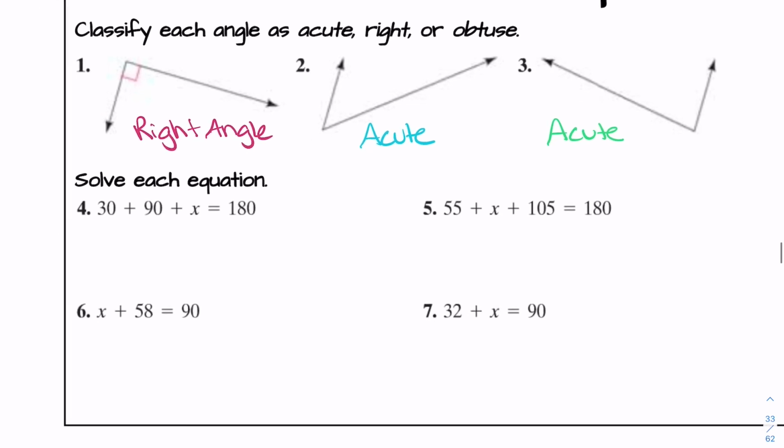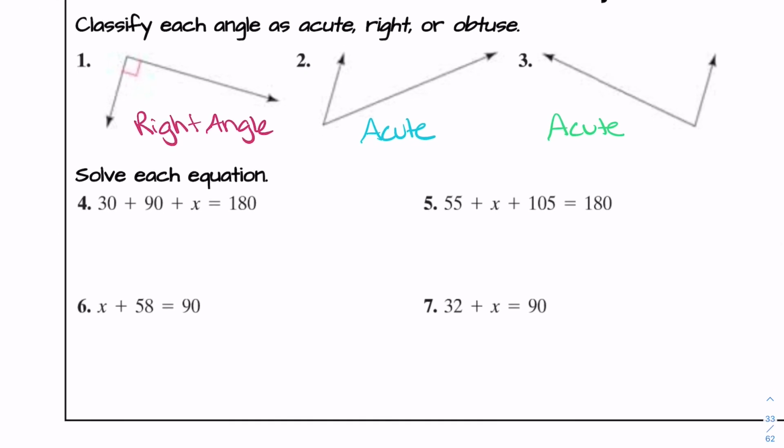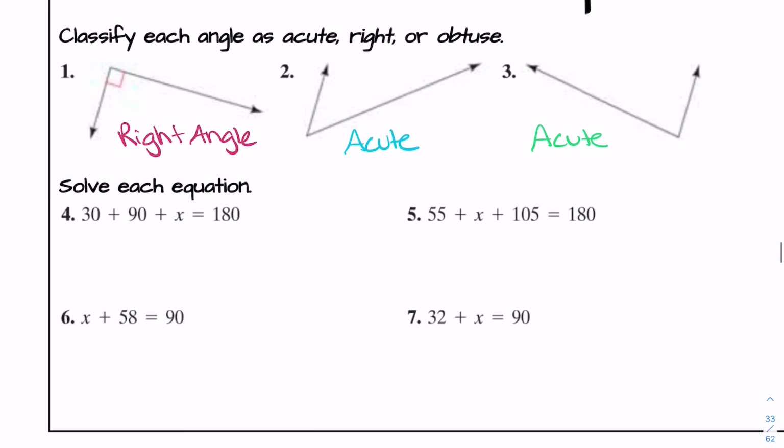Okay, so solve each equation. We have 30 plus 90 plus x equals 180. I'm going to combine like terms. So I will have 120 plus x equals 180. Take away 120 from both sides. And x is equal to 60. Okay,